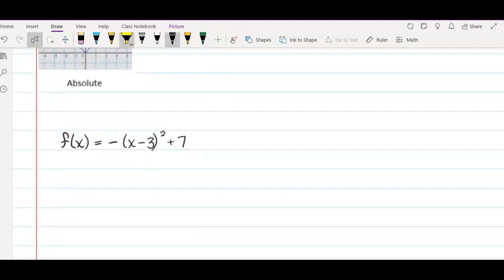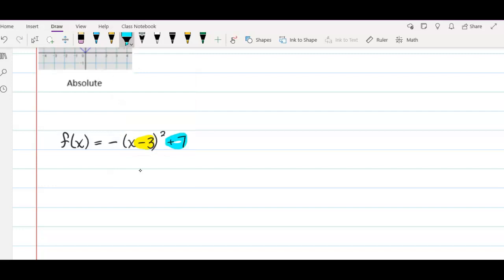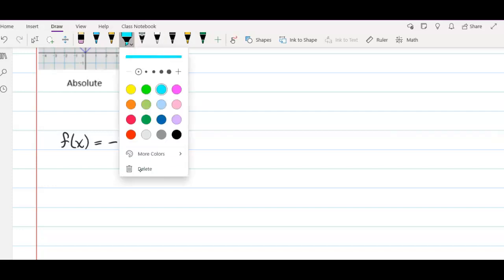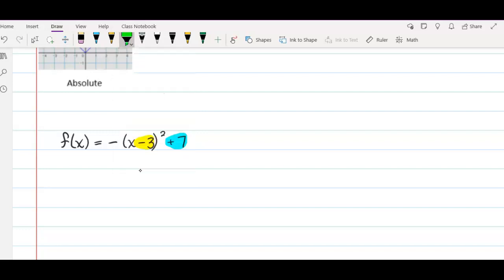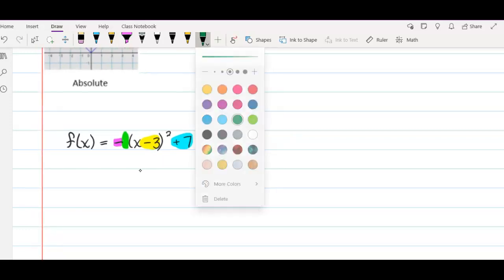Let's take a look at this. Yellow is my number right here. This is my H value. This is my K value. This is my A value. And this number right here tells me if it reflects or not. So we need to comment on all 4 of these,